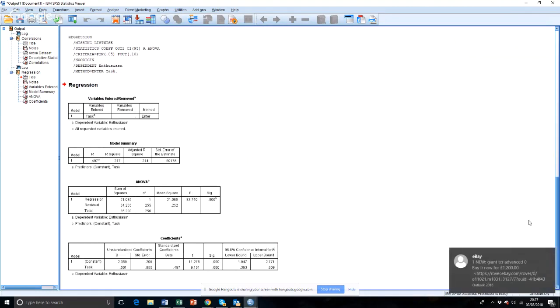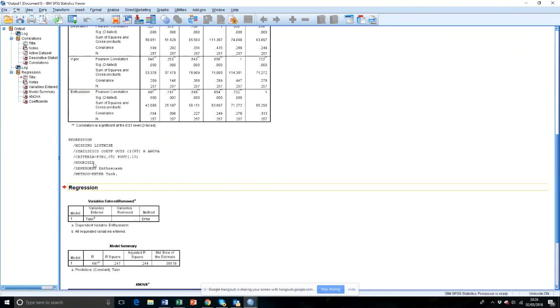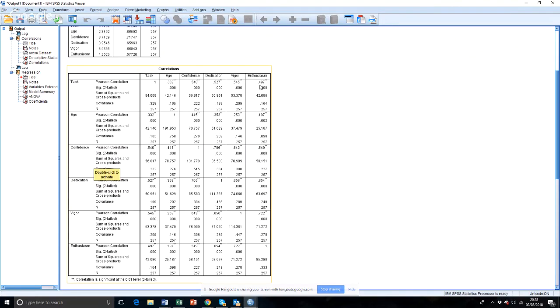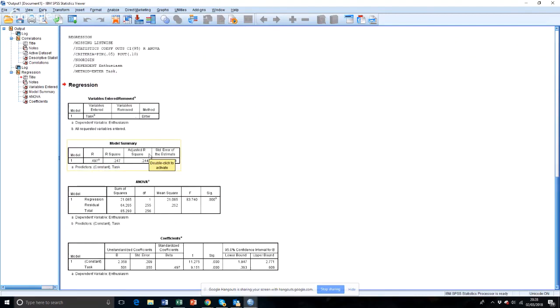So what you'll find here is a simple regression output that we went through in the lecture. The first output you'll have is a model summary, and remember we talked about the model summary being the overall variance explained in the dependent variable by the independent variable. You can see here that we have an R value of 0.497, which is exactly the same as the R value in the correlation matrix. You'll also find that we have an R square value here, which is the percentage of variance explained. It's the percentage variance in